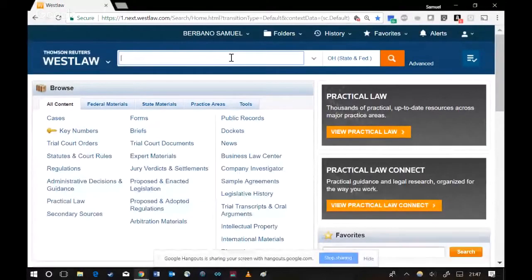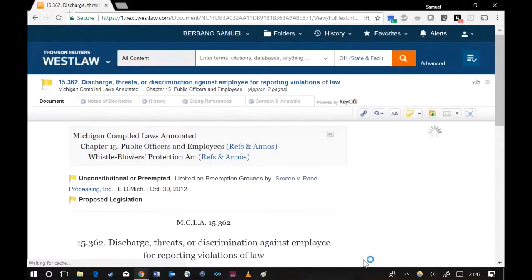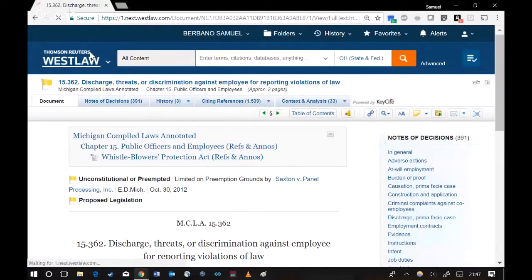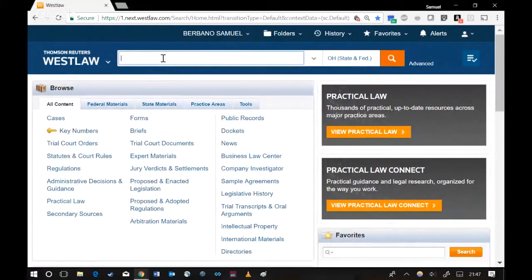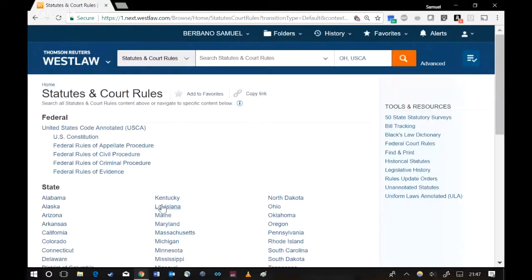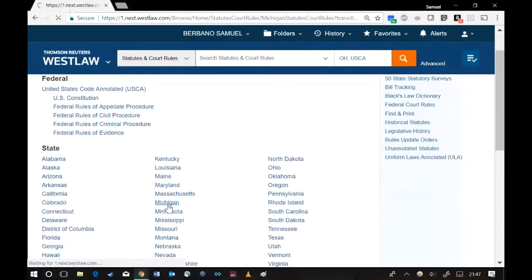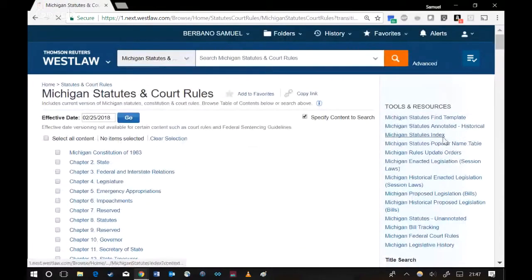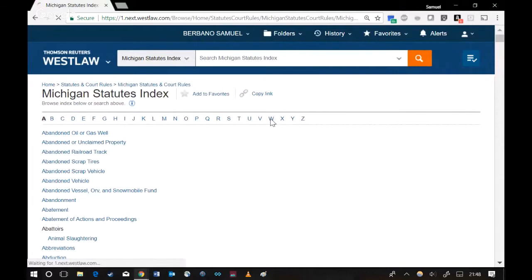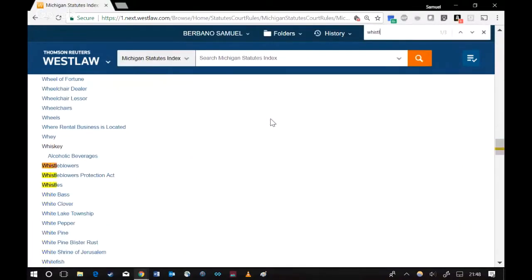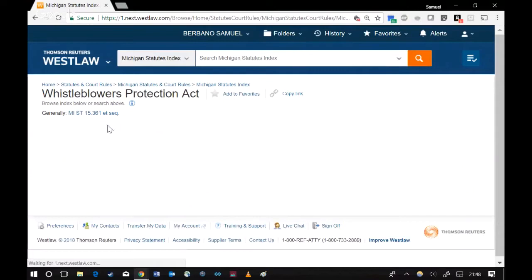So what will we work on if you'd like to talk again on Wednesday? The Michigan Whistleblower Statute is accessible, of course, from Westlaw by typing in the MCLA citation, which you'll have from your assigning memo. By way of review, however, you won't always have the citation, or the citation might not always be right. A couple of different ways to get to the statute. First, by digging through the Statutes and Court Rules menu in Michigan, and using the Michigan Statutes Index for whistleblowing, and then accessing the statute through there.